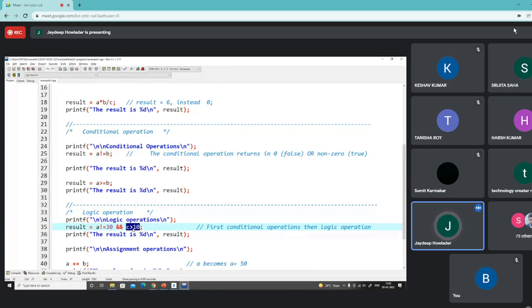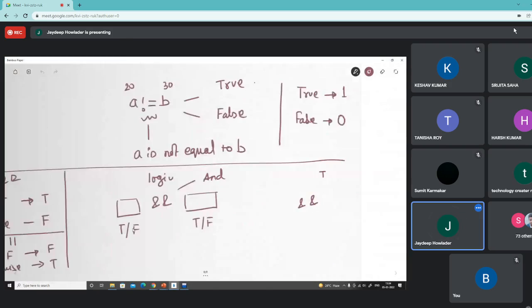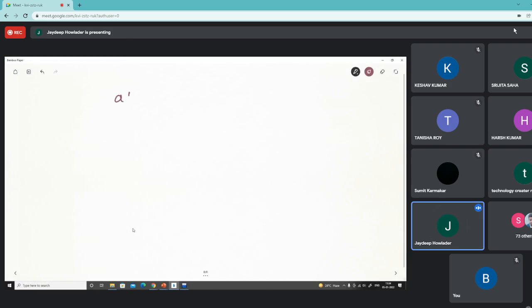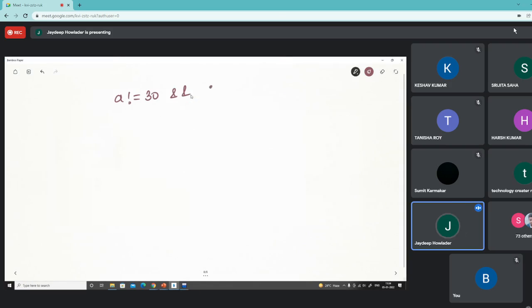Let me show how it will be executed by the compiler. The expression is A not equals to 30, then whether C is greater than 10, and then there is an assignment operation to the result. So how will the compiler evaluate this?